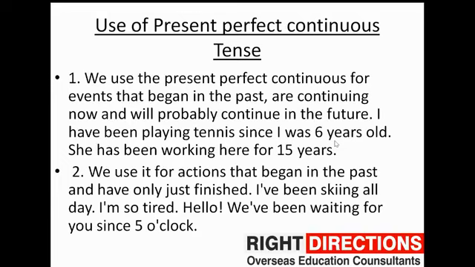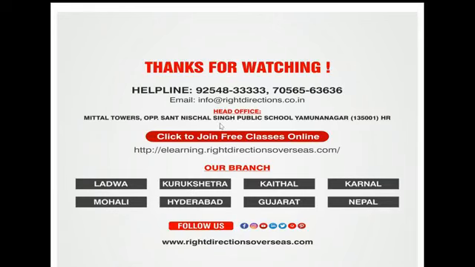Alright, अब since और for का usage इसमें हम करते हैं, we have to mention the time here. If it's a period of time, for a period of time we are using for, like proper figure mention है, for 15 years, for 6 years, ठीक है, for 15 minutes I'll be using for. Since हम कहाँ use करते हैं? For point of time, like since 1996, since morning, it's raining since morning, it's raining since evening, so we'll be using since over there. Alright guys, that was it about the tenses part 1.